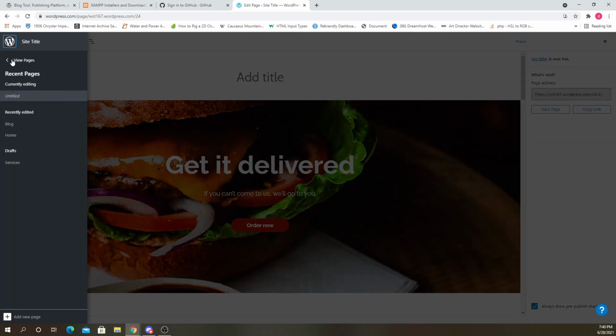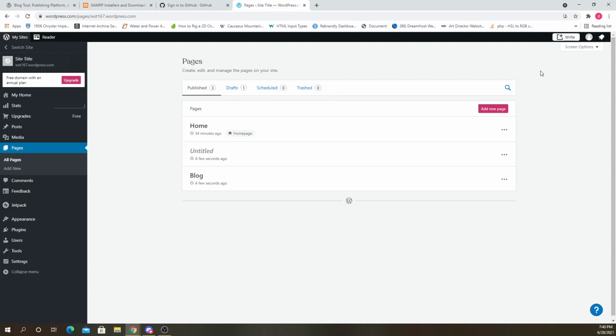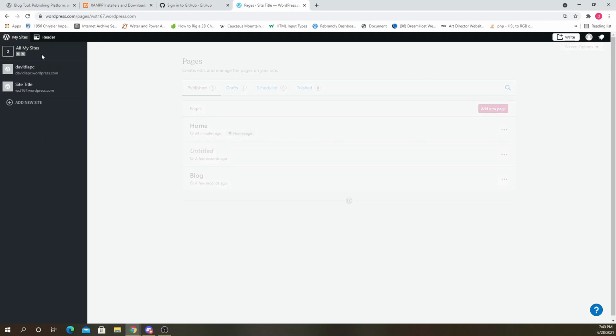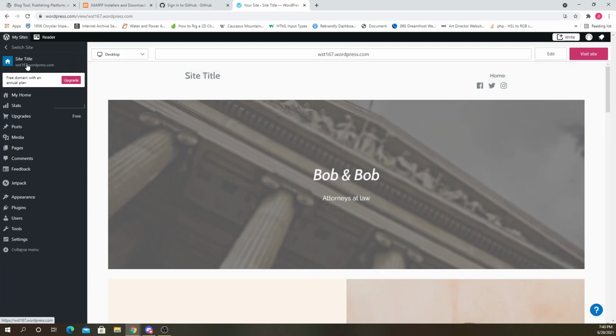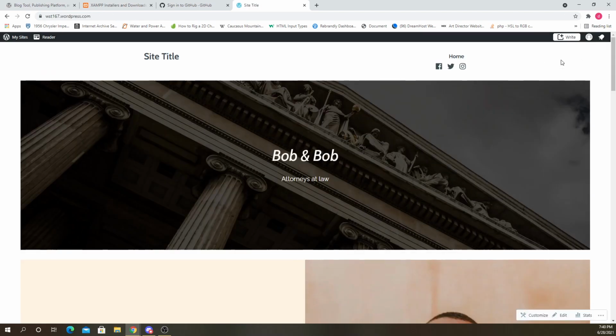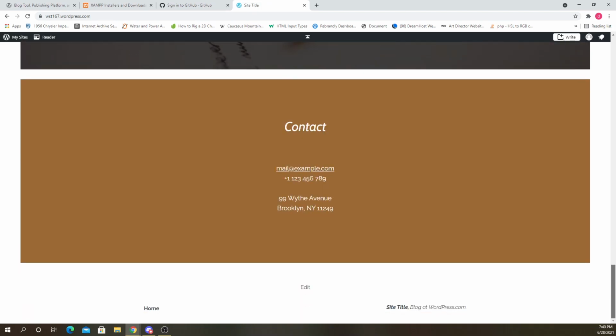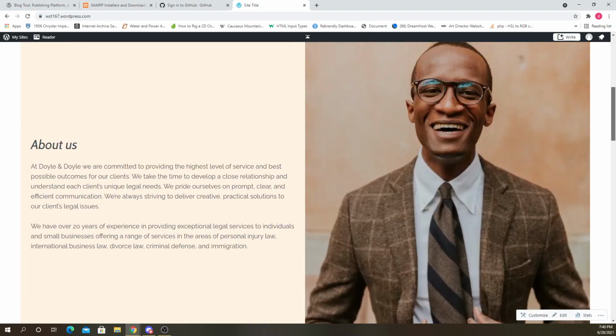And let's go back to pages and let's click on, well, not switch sites. So if you do have multiple sites like I currently have, it'll show you all of them here, but I'm just gonna stick to this one here and click this button and visit the site. And looks like we only have one button for our navigation, just the home button. So we can only see the home page currently, which is not good.